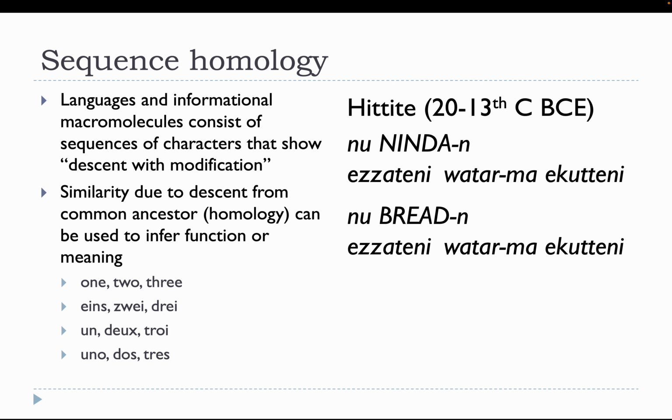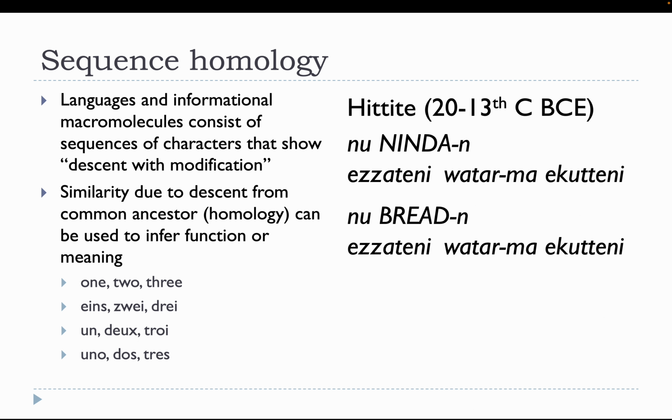So again, I'm drawing analogies here to try and help you understand this. We can look at this in terms of languages. If you take a look at languages and informational macromolecules, they show this similar kind of thing. So if you look at European languages, when we say 1, 2, 3 in English, we say eins, zwei, drei in German, and un, deux, trois, uno, dos, tres. You can see that there are some similarities there. There's an N with a vowel in front of it. There's a T or a D sound made at the front of the mouth. And then there's the similar thing again, but with an R afterwards. This is not just by chance. This is because these are all Indo-European languages, and they all share a common ancestor